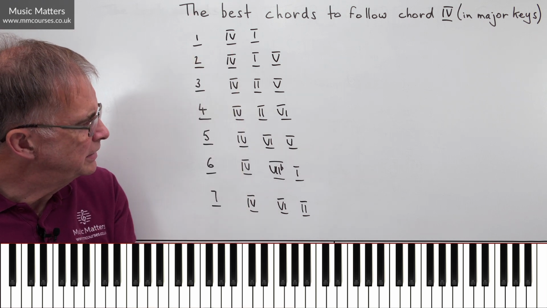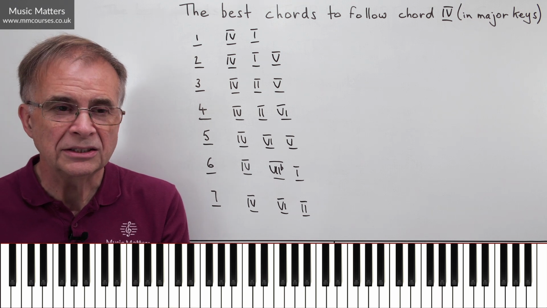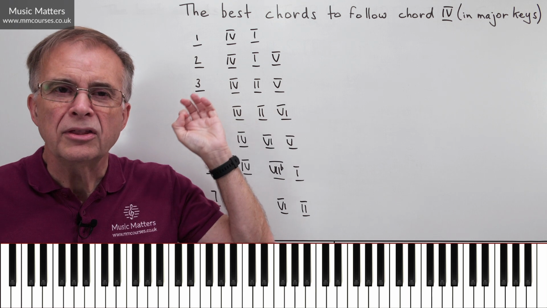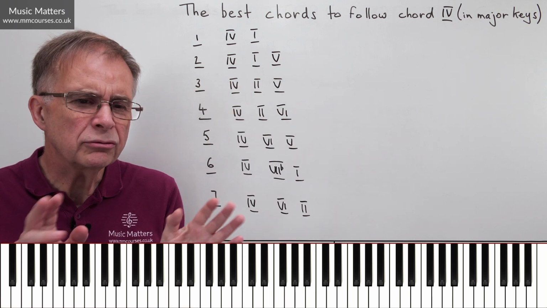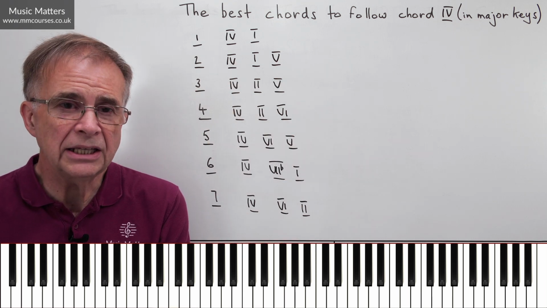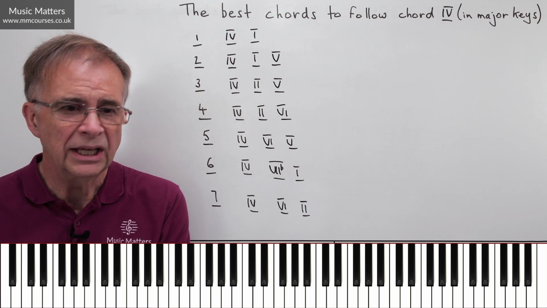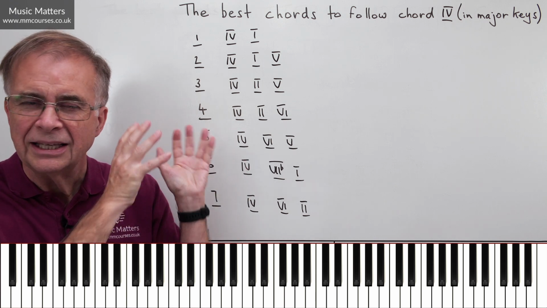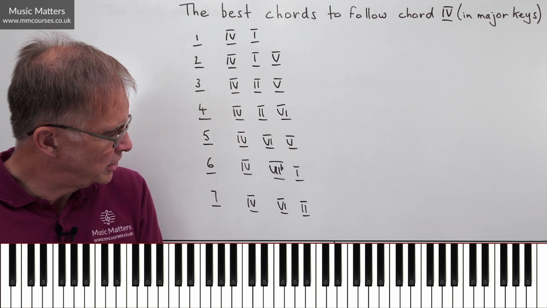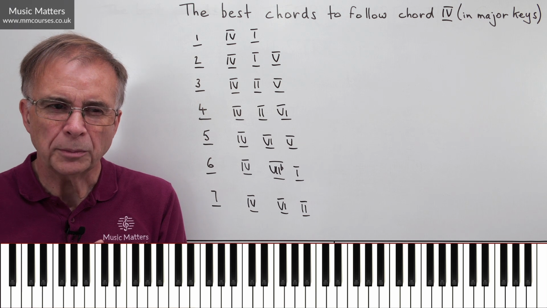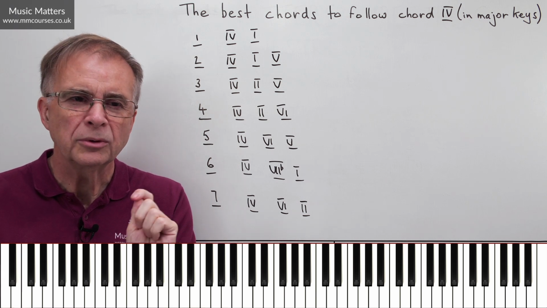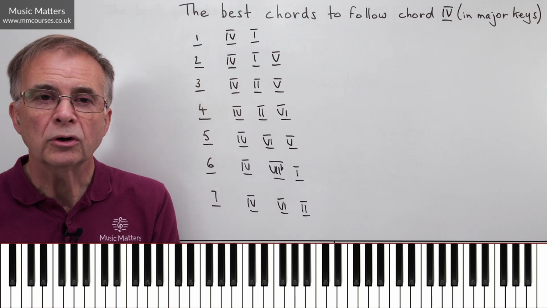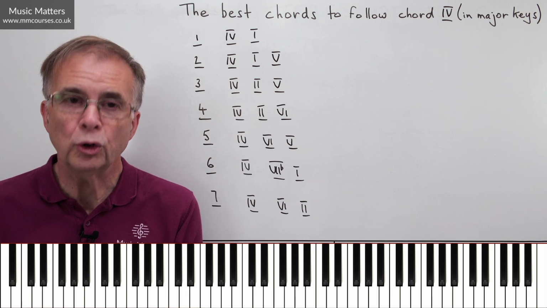Lots of other possibilities for using chord 4 in terms of context of progression, but I've just tried to highlight the most commonly used ones and to throw in one or two that are perhaps slightly less common, but nevertheless quite useful. You might well come up with others, that's absolutely fine. But these are just 7 progressions that would really get you comfortable with where can I go from chord 4? And that might just be something that helps enhance your confidence with using chord progressions.